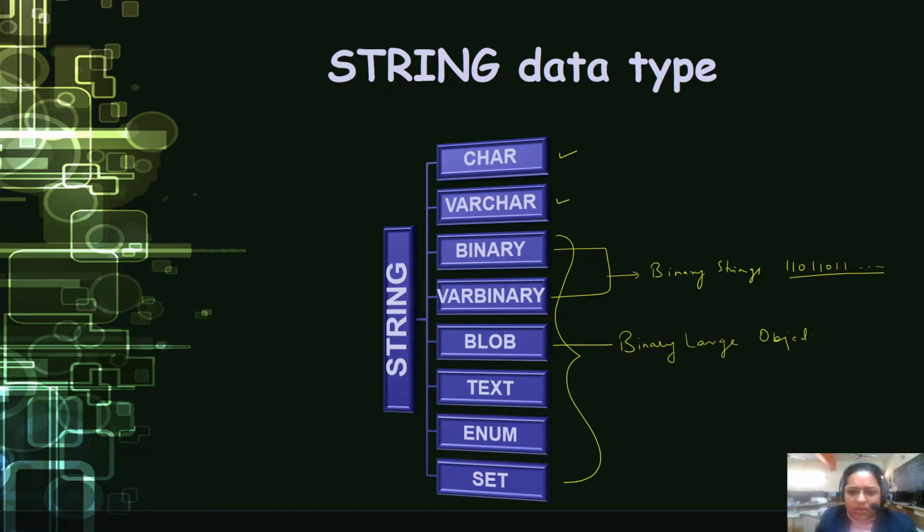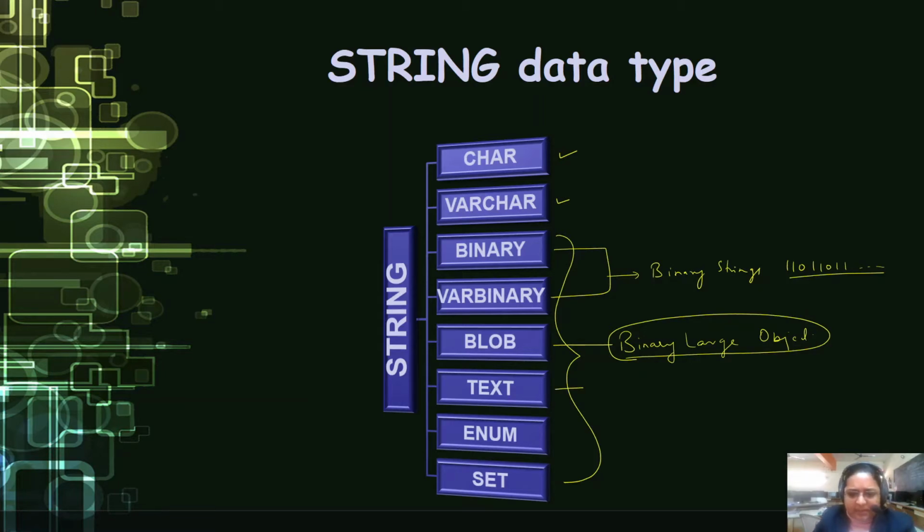To store a low resolution image of an employee for purposes of identification, we can store that in the form of strings, that is in the form of binary digits, but a lot of binary digits. Hence, we can use the blob data type for storing them.